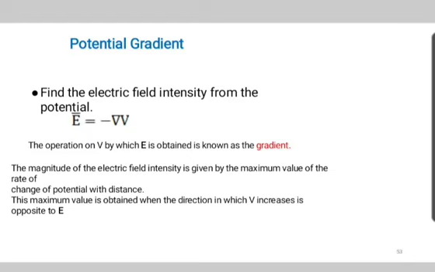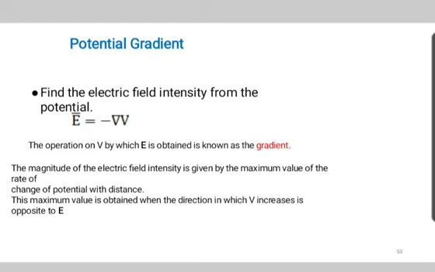If A and B are close to each other, then dV is equal to minus integration of E bar dot dl bar, and as the distance is very small, we can write it as minus E dl cos theta. The potential is max when theta is 180, dV is E dl. So we can write E is equal to dV by dl.